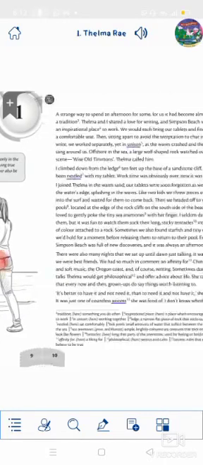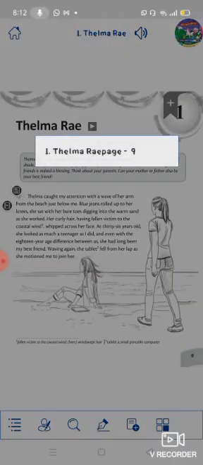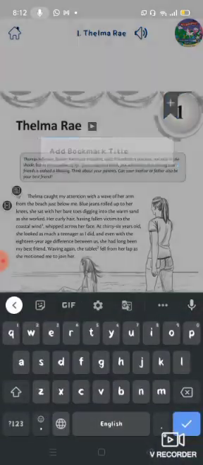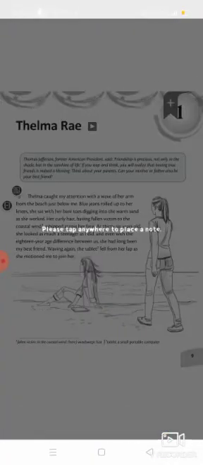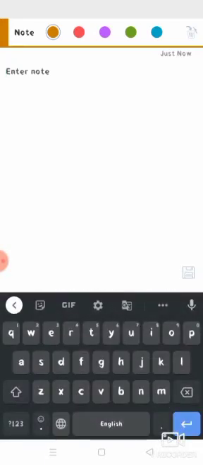So I have explored this app and we can add some page name. Okay, now we can add notes too. Then here I am writing something. After writing I'll show you.